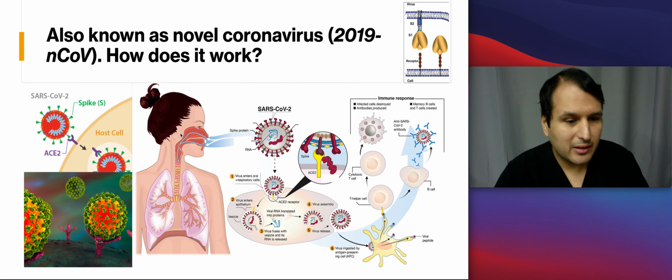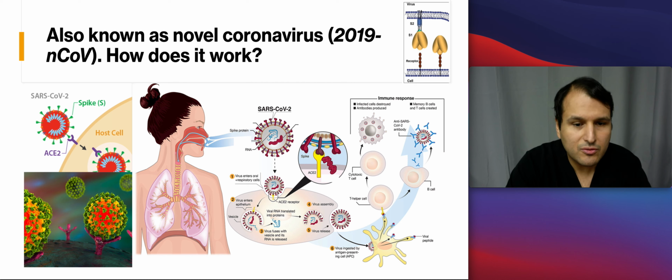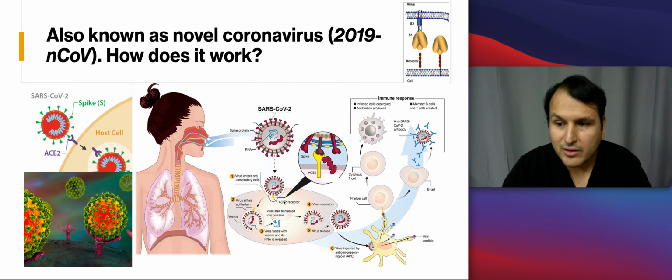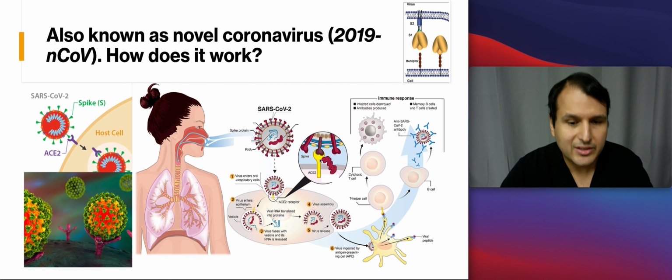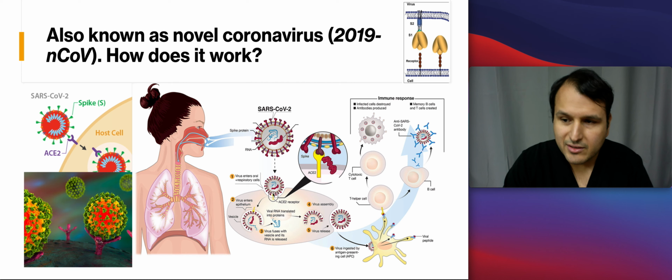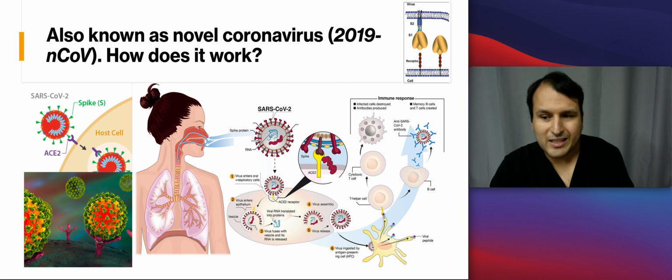And so basically we have these respiratory droplets that are carrying the SARS-CoV-2 virus, the coronavirus. It's circulating in the air. You inspire it. It gets into your lungs. It gets into the lung cell. The lung cell is displaying this lock here, and the lock is basically ACE2. That's the name of the receptor or the lock. And then the spike is what's necessary from the virus itself for it to bind to the ACE2 receptor. Once it binds to it, it comes into the cell, it starts replicating, it starts making copies,